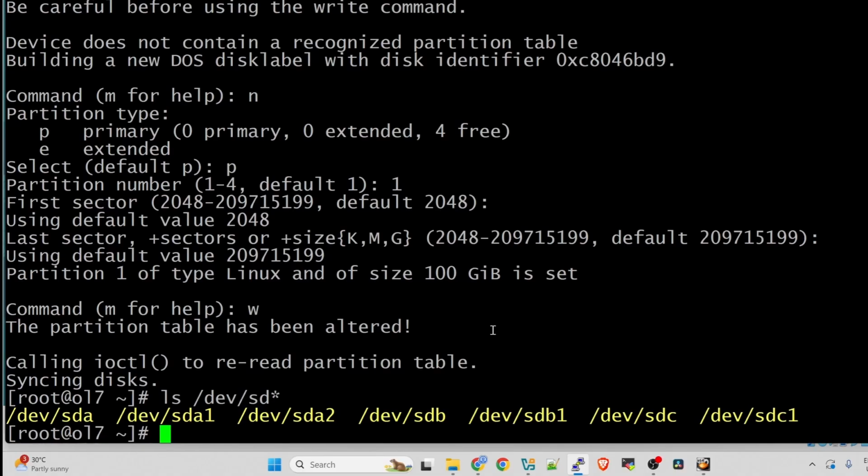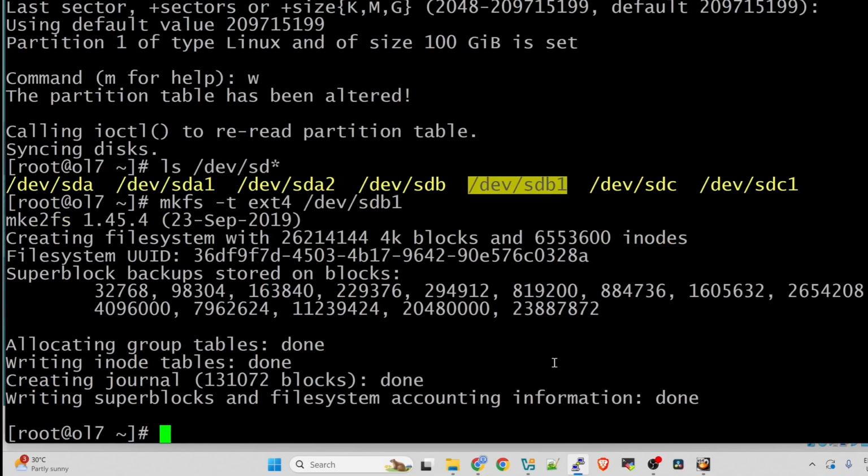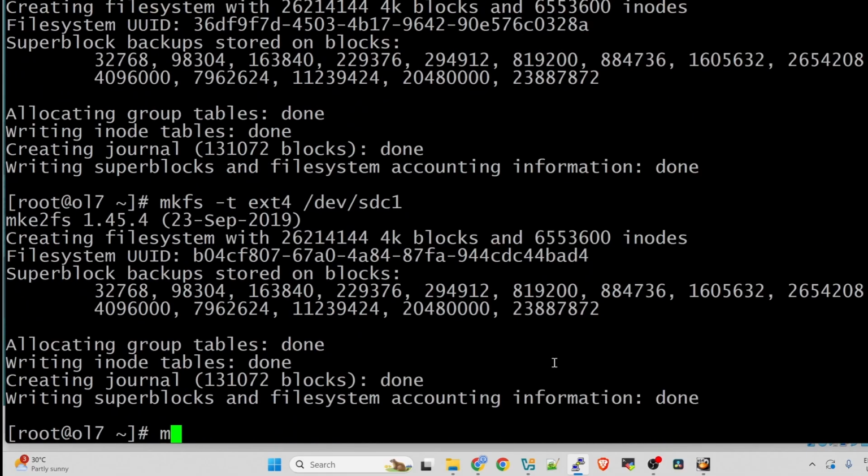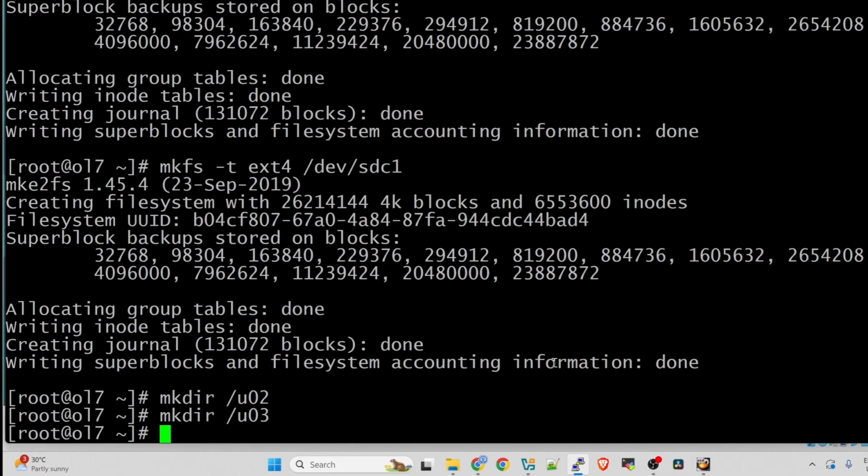After that, we can make the file system and mount the data file and FRA disks. mkfs -t ext4 /dev/sdb1, and then the sdc1. Then let's now create the directories. So that's /u02, /u03.